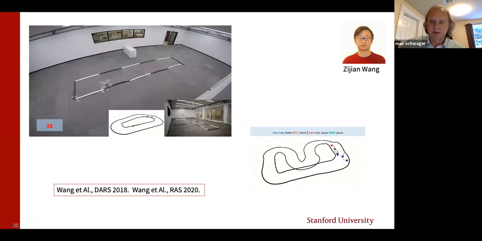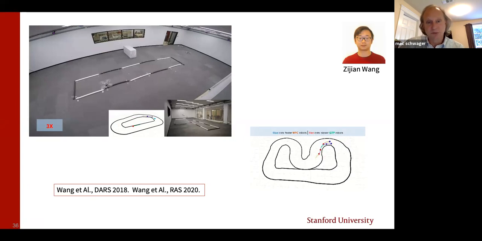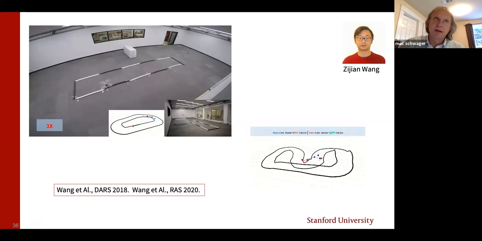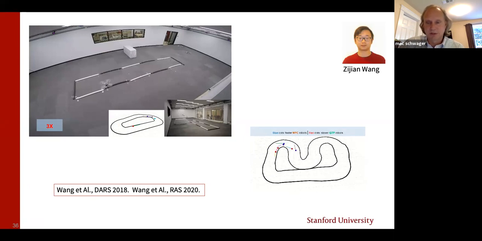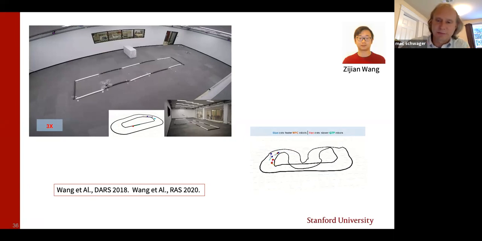So previously, the drones I showed previously, there were only 2 of them, and they were only moving in a 2D plane. They weren't moving vertically. So here we've scaled up through the distributed computation to 6 drones competing and moving in R3.